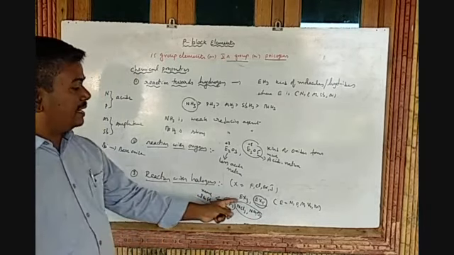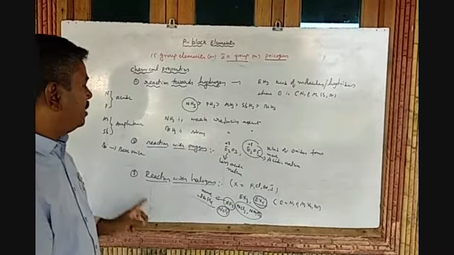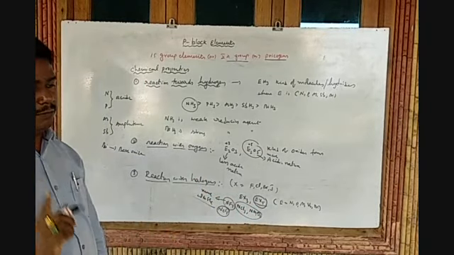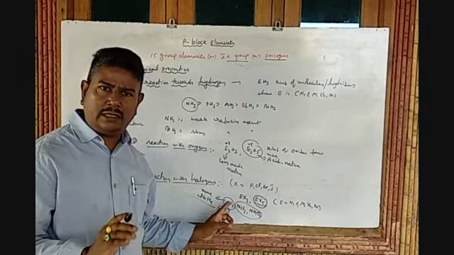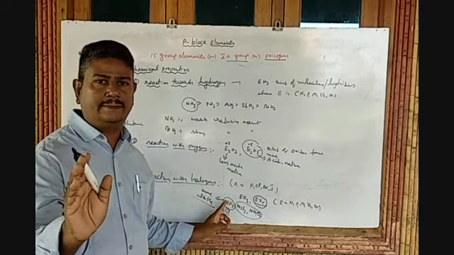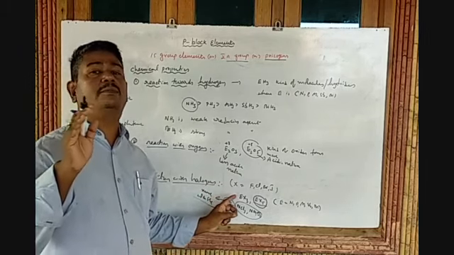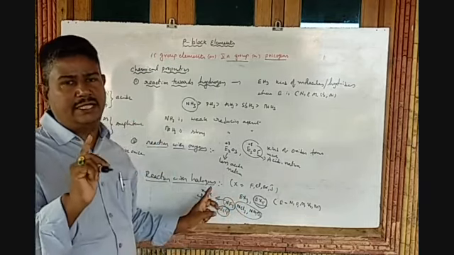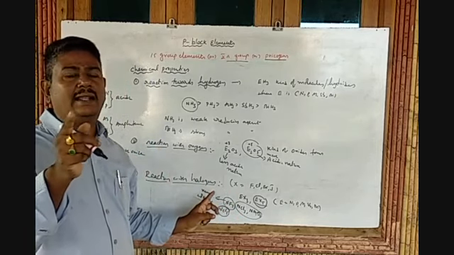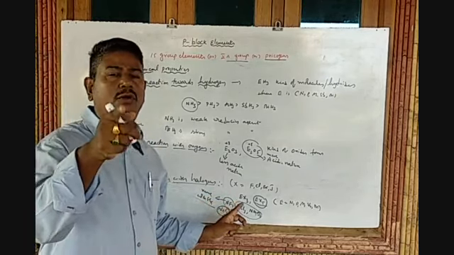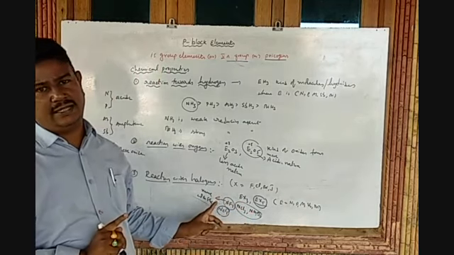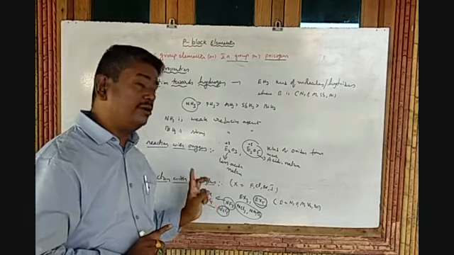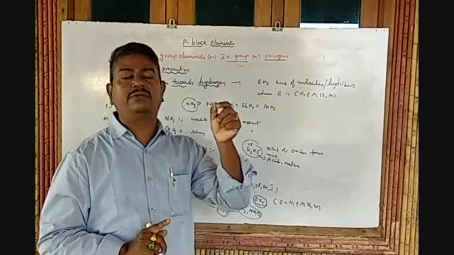While in the case of trihalides and pentahalides of the remaining elements, pentahalides are more covalent than trihalides. One thing to remember: except nitrogen, which cannot form +5 oxidation state halides, the remaining elements can form +5 oxidation state halides. So that means they can form both tri- and pentahalides. Out of these two halides, pentahalides are more covalent in nature than trihalides. Clear? So that is about the reaction with the halogens by the fifth group elements.